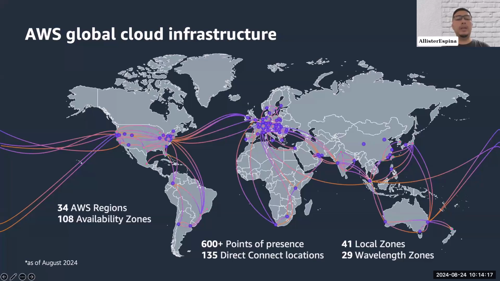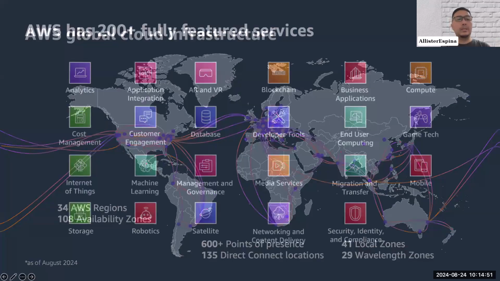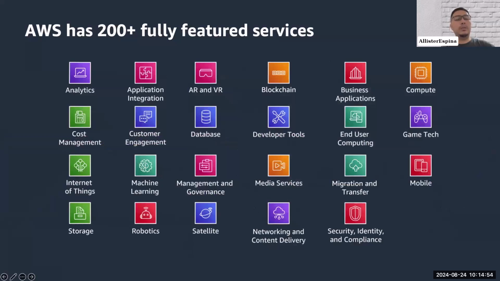So I think in AWS we have the most regions within Asia Pacific, and there's more coming, like Thailand, Taiwan, Mexico, even in the European Union. And in the Middle East, in Saudi Arabia. So there are a lot of regions coming up, so that you can access more users around the world, and we have infrastructure built closer to those users. Talking about services, we have more than 200 services,